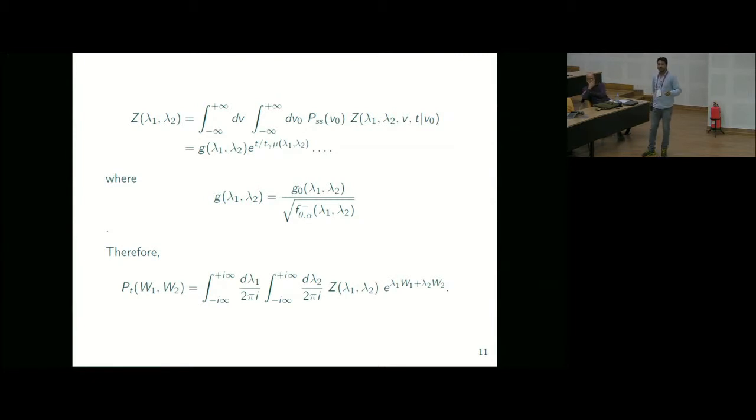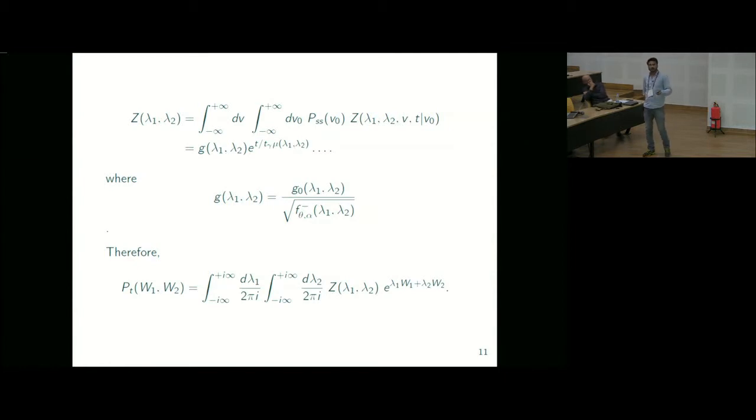So this g naught is purely an analytic function, but this function can be anything. It can have any sign. So we have to take care of all these things. Okay, so if I know this characteristic function, I'll plug it here and perform this integral, I'll invert that integral, and I'll get this form.